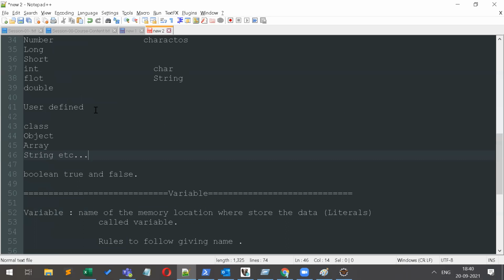What is the meaning of a user defined data type? Its size and which value should be stored are defined by the user. That's why it is called a user defined data type.